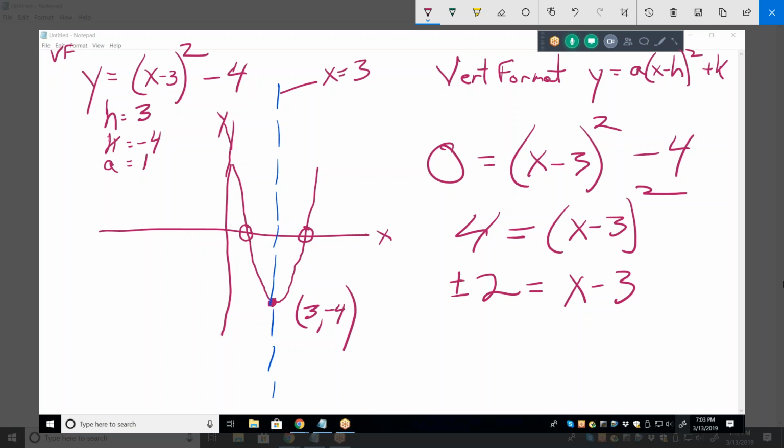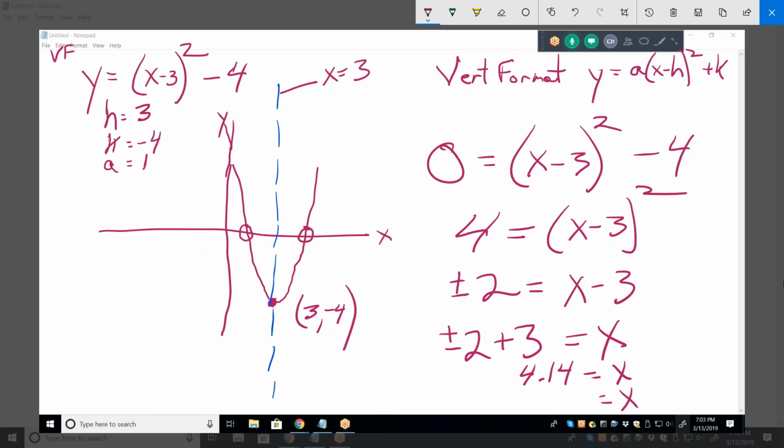Remember, I'm trying to solve for x. You add a 3. Okay, so I got plus or minus 2 plus 3 equals x. Well, if I put in the plus, I get 1.41 plus 3, so x would be equal to approximately 4.14. And if I put in the minus 2,